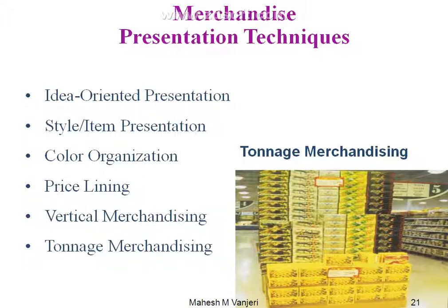So first thing is tonnage merchandising. It is even used in apparel stores. In Easy Buy, if you go, there will be a big table in the front at the entrance itself, and all the clothes will be just poured into it. Shoes also they do it. Even in Woodland I have seen, Bata I have seen. The moment you enter, there will be a table and all the merchandise simply kept there like a bunch. So that is nothing but tonnage merchandise.